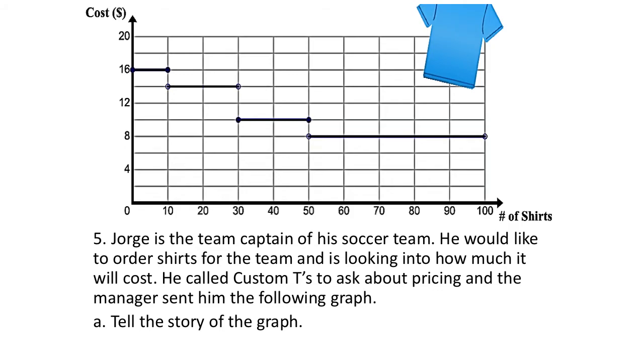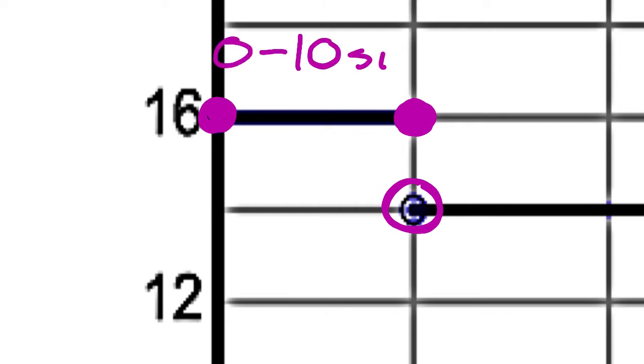Now, when we look at these lines right here, you're going to notice 2 different types of circles. This one is a closed circle. Same with this one. And that should remind us of the inequalities unit, because just below it is an open circle. Remember, if it's an open circle, that means it's not included. So at least for this first stretch, I think that's up to 10 T-shirts. So if you purchase 0 to 10 shirts,